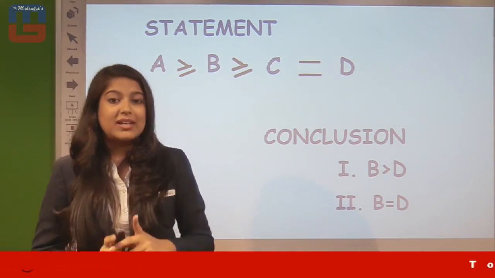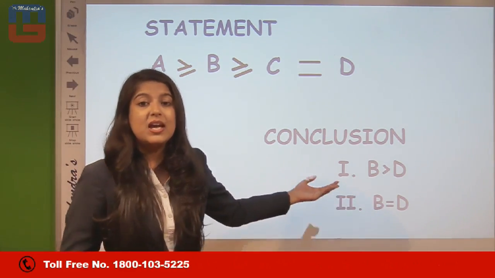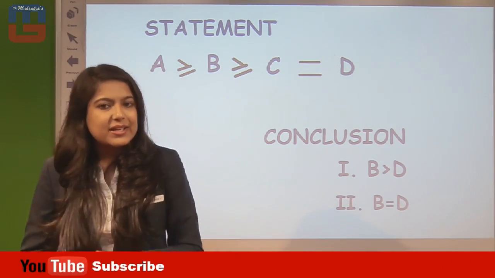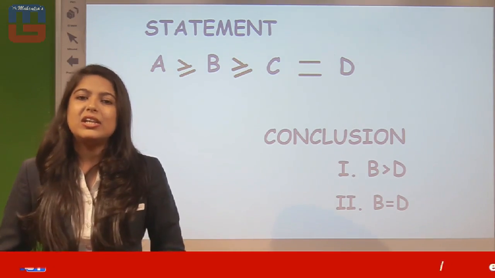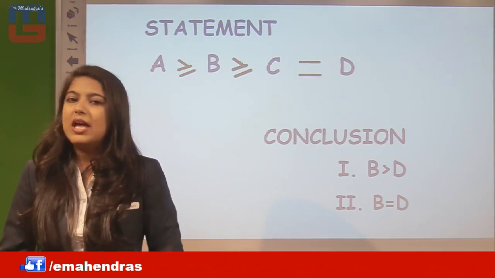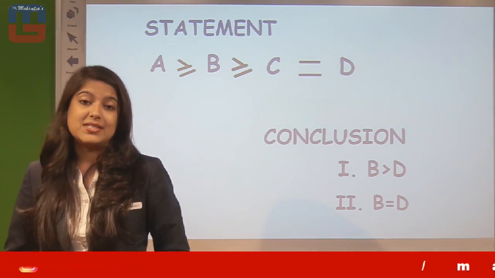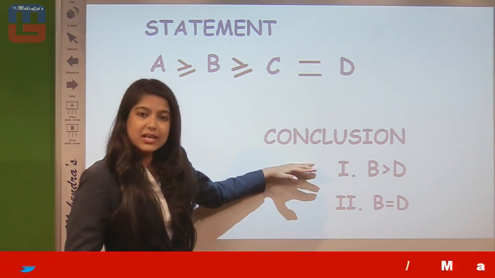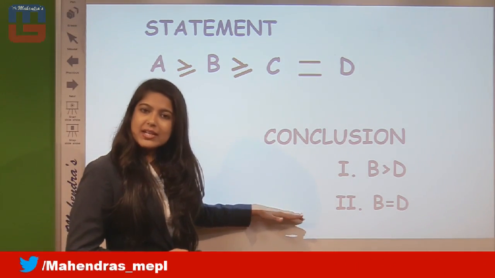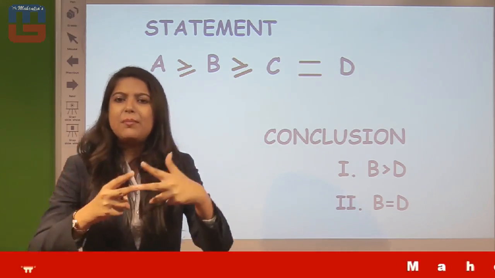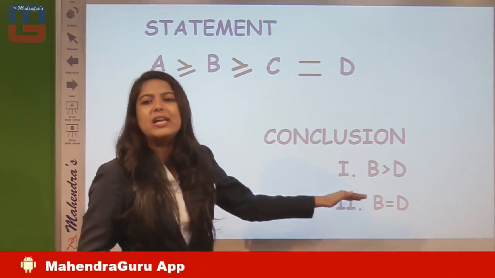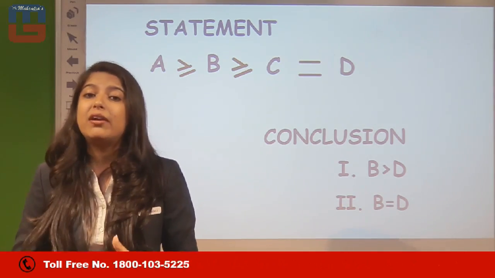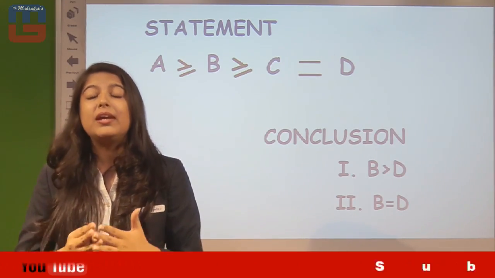Second condition, remember, characters have to be the same, and yes, in conclusion 1 also, conclusion 2 also, characters are the same. And when these characters are the same, that means the second condition is also approached by us. Now third condition, combination of signs. Now comes the point of how we are combining signs. We are getting a greater sign in the first conclusion, an equal sign in the second conclusion. Because B and D characters are the same, if we merge the signs, will it make greater equal? Yes, definitely it will make greater equal.